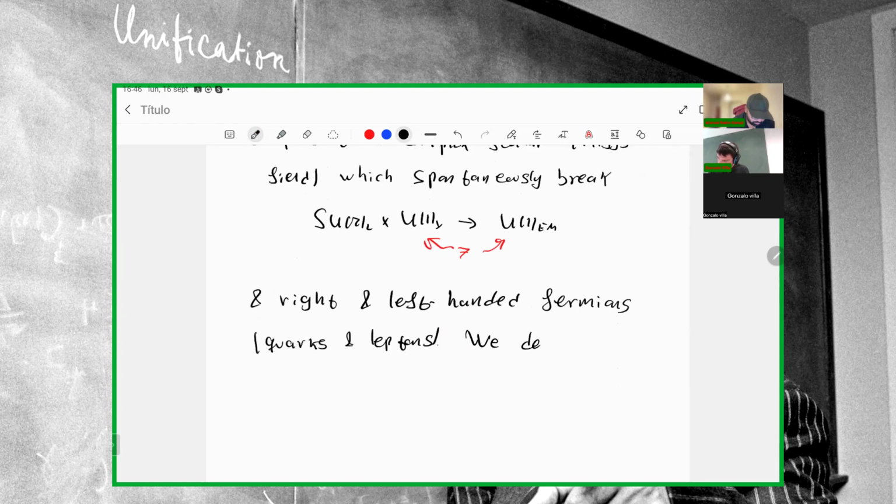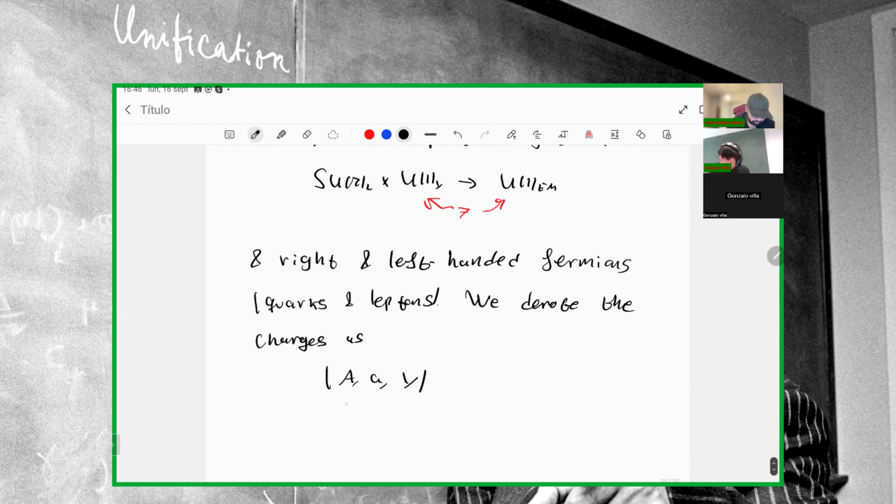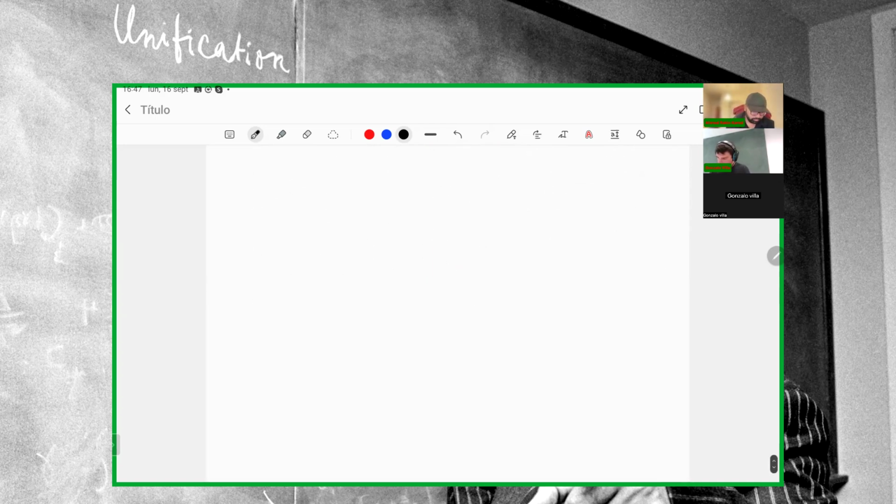Let me denote the charges in this way. Big A, small a, hypercharge. So this is for SU3, this is for SU2, and this is for the U1. We have, for instance, that the Higgs is not charged